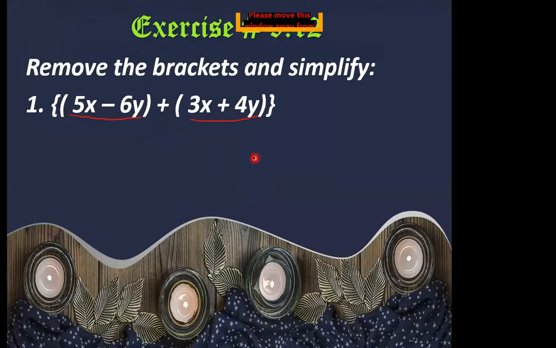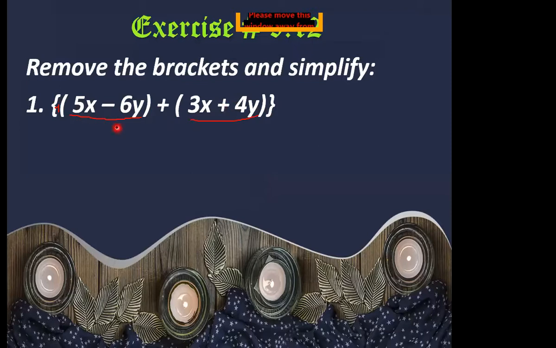Okay, so what is the criteria for the removal of brackets? You will remove the bracket with the help of the sign which is placed outside the bracket. As you can see, this bracket has a plus sign. Okay, here you have a plus sign. So you will simply remove the brackets without changing the sign of the terms. When you are going to remove this round bracket, you are not going to change the sign of this term.